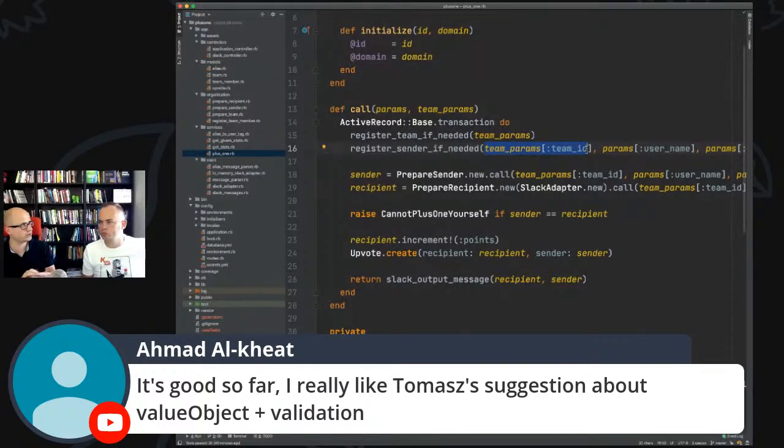You would not have the possibility to create this DTO without those params, because now you can pass everything in those params. And then you would explicitly say that I have some kind of sender, recipient, or I don't know. So we only accept params and team params for now, but there are two different hashes, two different maps.